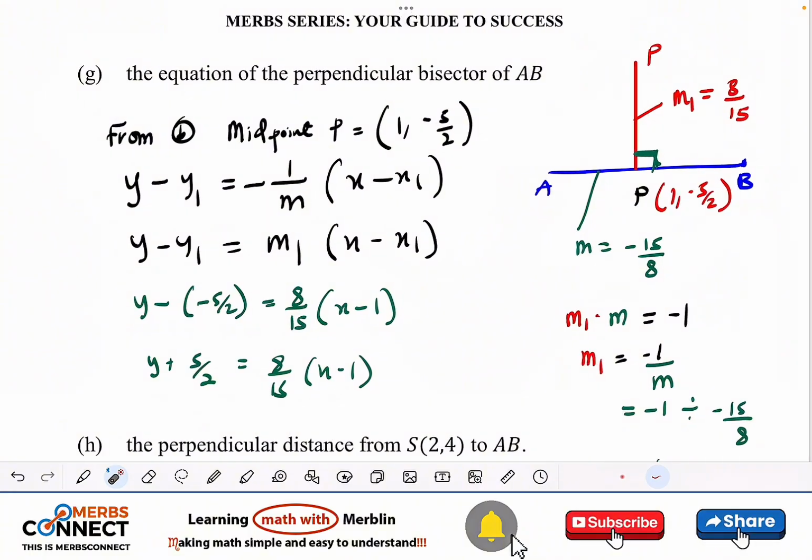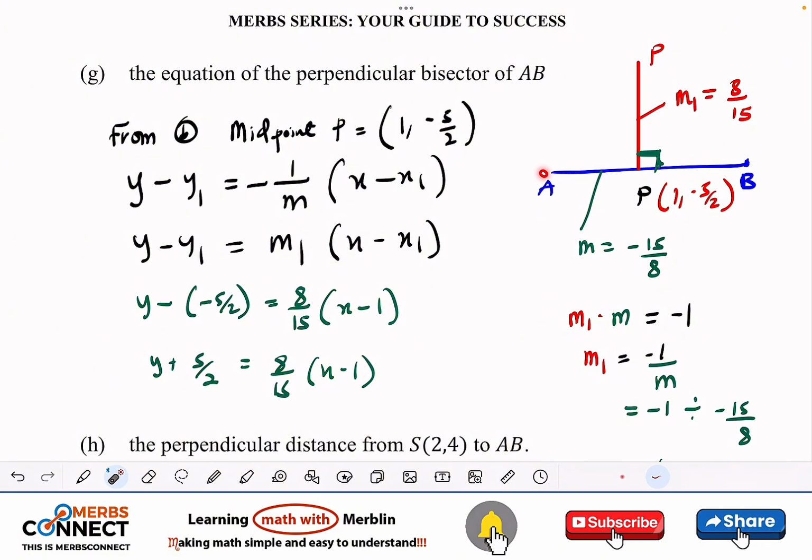So you see what we did? We need to sketch to know our line, and since it's a perpendicular bisector, we need to have it in this form. And since it's 90 degrees, it means that the slope of this line is actually the negative reciprocal of this gradient here, right? Then for us to get a point to calculate the equation of this line, we need to make sure that